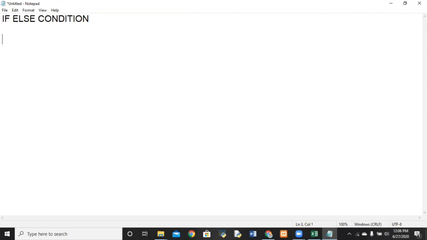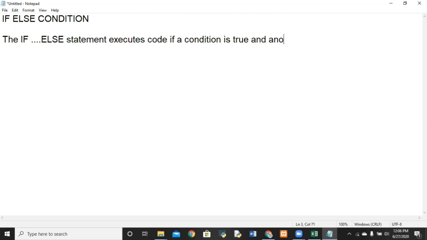The if else statement executes one code if a condition is true and another code if that condition is false.